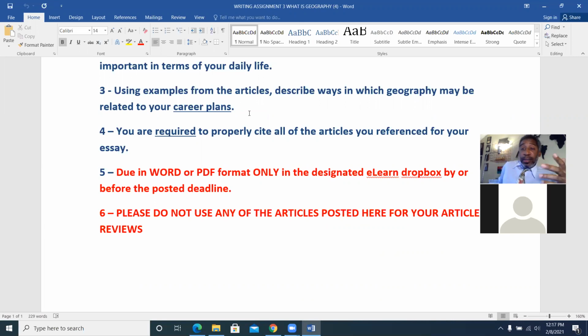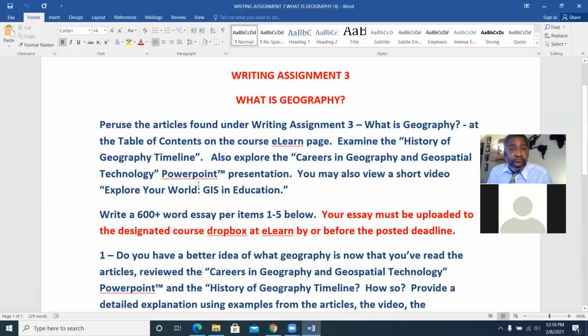Or I might say, this is great. You don't have to do anything else. And you know you're done. You can turn it in and you can go on to work on other things. So I would strongly advise you to do that. Send me a draft of your work so that I can look at it ahead of time before you decide to turn it in. So this assignment is due in the Dropbox